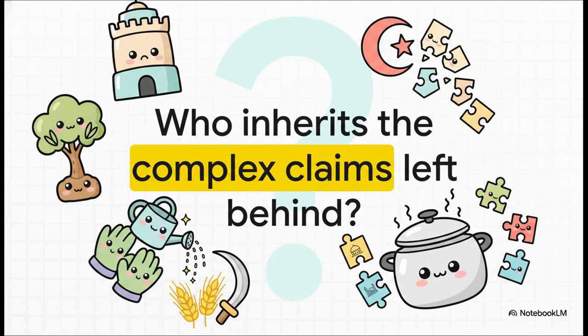Which leaves us with a crucial final thought to ponder today. When the pressure cooker of an empire finally loses its lid, who inherits the complex, intertwined claims left behind? The Ottoman Empire, that heavy iron lid keeping everything sealed, would ultimately collapse following the devastation of the First World War. When those rigid borders of a multi-ethnic empire finally gave way, how did the incredibly diverse groups left behind navigate their fiercely conflicting historical, political, and religious claims to the exact same piece of earth? The roots of the conflict were planted centuries ago. It was really only a matter of time before the harvest.